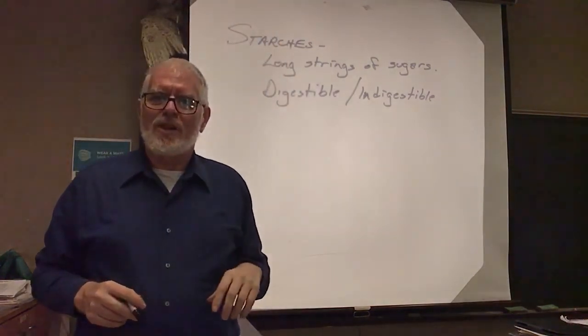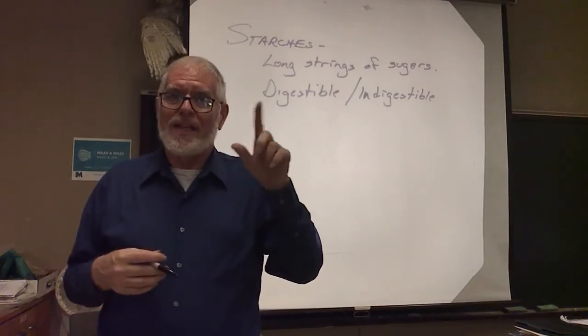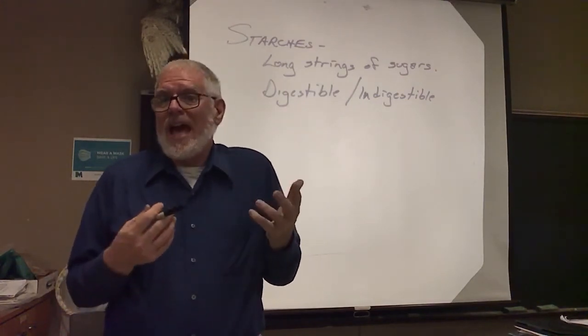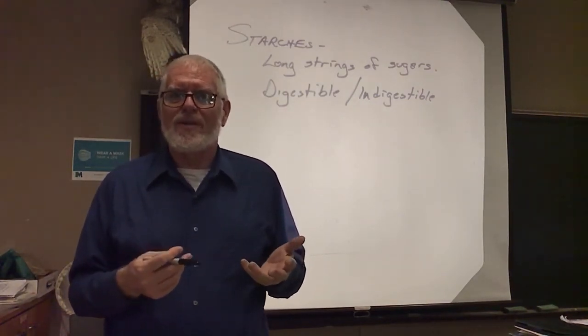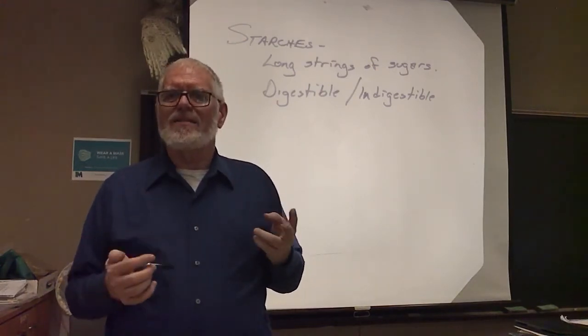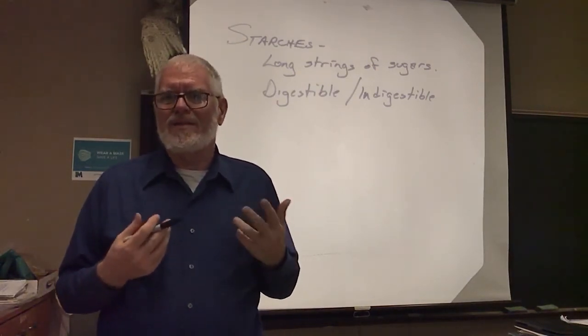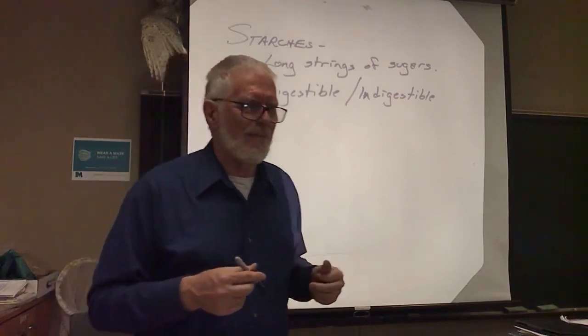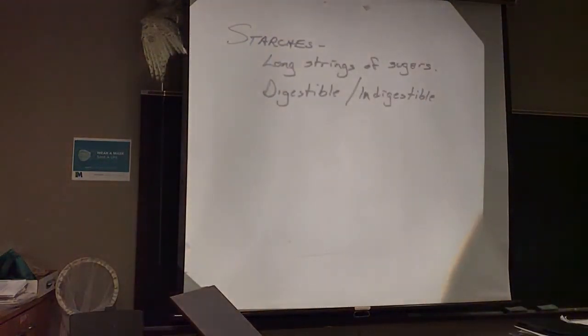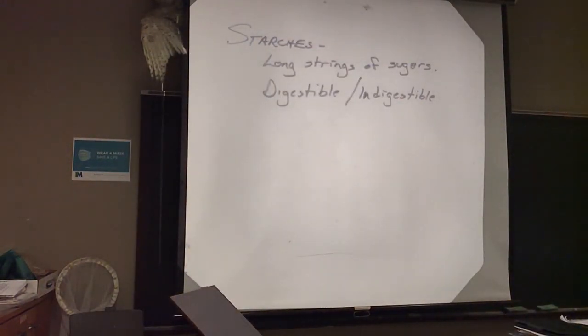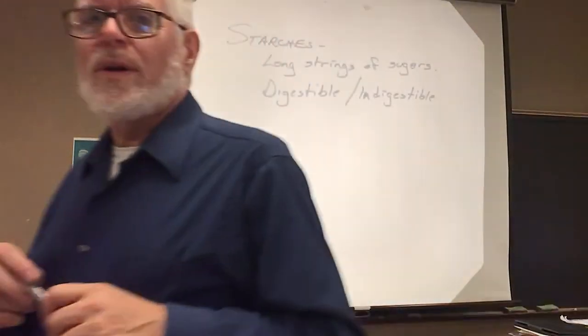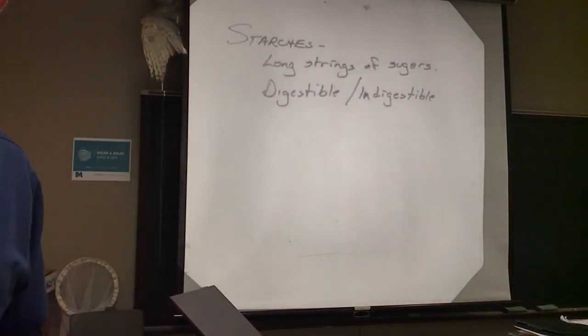So digestible starches are not there for our benefit. They're there so the plant can use them later. And for that, you want them to be relatively easy to break down. Digesting and breakdown are basically the same thing. Okay, I could do each one separately. This is it for carbohydrates.